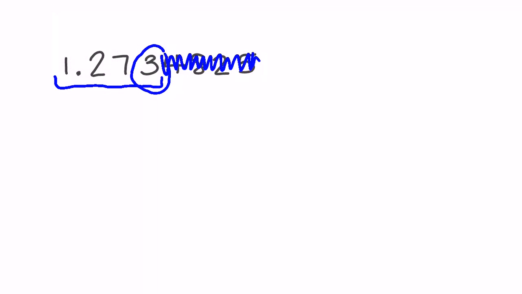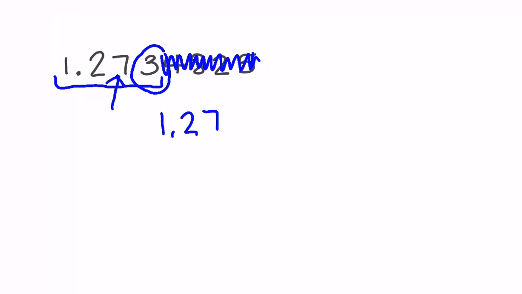If this number is 5 or bigger, then the 2nd place after the decimal will increase by 1. But since this number is 3, we do not have to increase this decimal place by 1. So if we round this number to 2 decimal places, the answer will just be